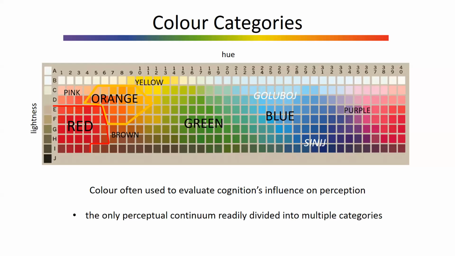And the reason for that is probably because color is the only perceptual continuum that is so readily divided into many categories. And also because color can be measured and quantified. There are many systems such as the Munsell system, which is a color ordering system, or CIE systems, which are the systems used to communicate color, but also in later versions of these systems like CIE-LAB, they are almost color appearance models that tell which colors are perceptually equally discriminable.